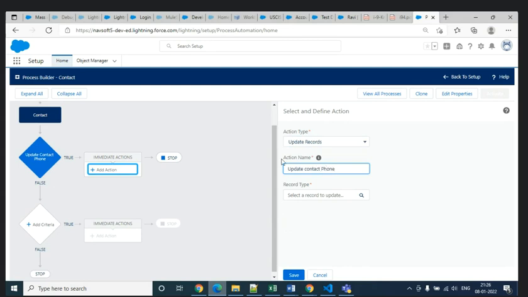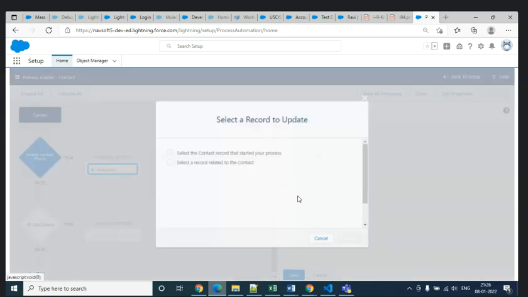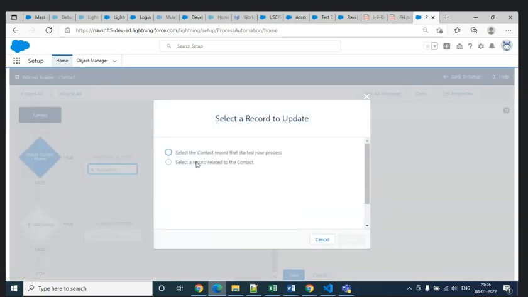Update contact phone, just a name you have written, and choose what kind of type you are choosing. Related contact.